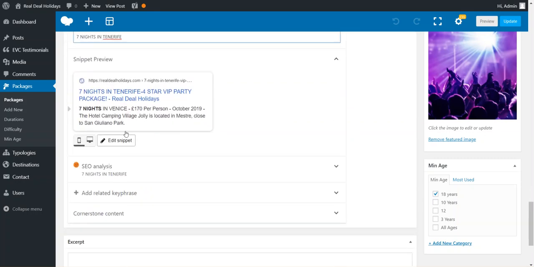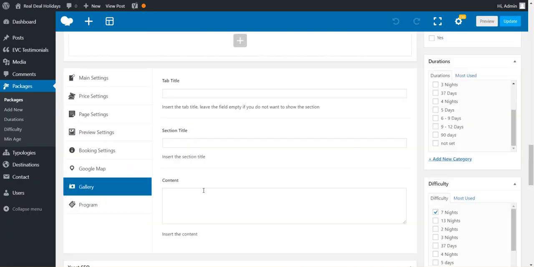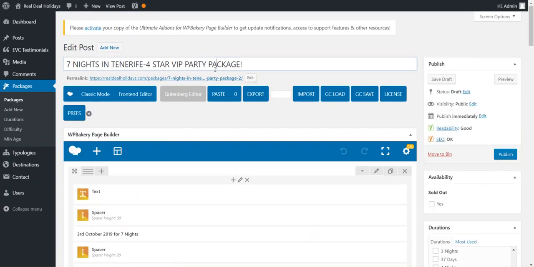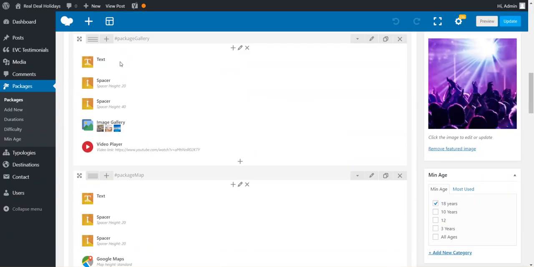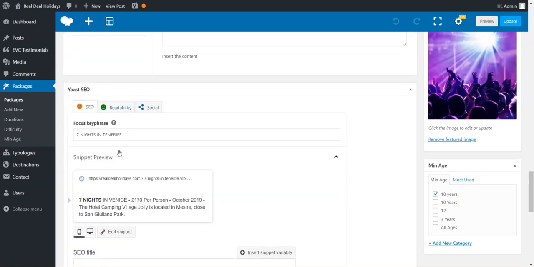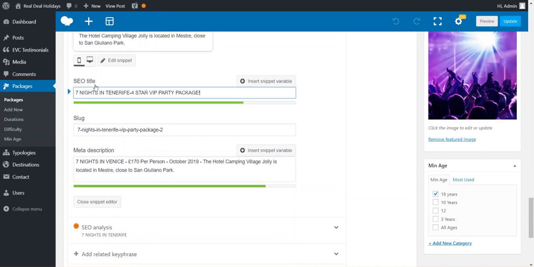So you then need to scroll down and click Edit Snippet. Click that button, delete everything that's in there. And the best thing to do in this instance is copy your title. And please pay attention to this. If you're wanting to do SEO, this is highly, highly important. So you copy your title, go back down to the SEO where it says SEO title, paste your package title, then put a space, put a dash, and put Real Deal